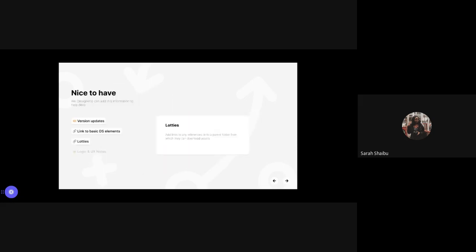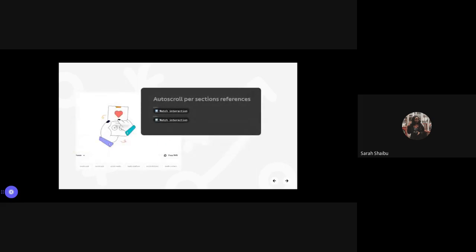Another thing that I would add is Lottie files. We typically use a lot of Lottie files sometimes for animations or references for how we want something to transition or work. And in times like this, if I have time, if it's something I didn't already explain to them on the call, I would add a link to Lottie files that could explain a particular transition or a particular way I want something to work. And I might even create a Lottie file myself and link that Lottie file for them to download, maybe a particular animated icon or illustration or something like that.